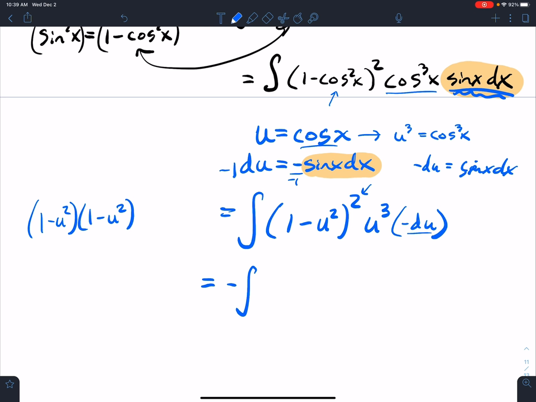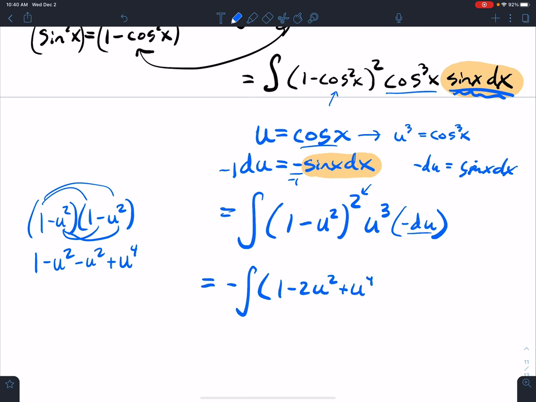All right, double distribute, or FOIL as they say in college algebra. So 1 times 1 is 1. 1 times negative u squared, negative u squared. Negative u squared times 1 is negative u squared, and negative u squared times negative u squared is positive u to the 4th. So in parentheses here, I have 1 minus 2u squared plus u to the 4th, all multiplied